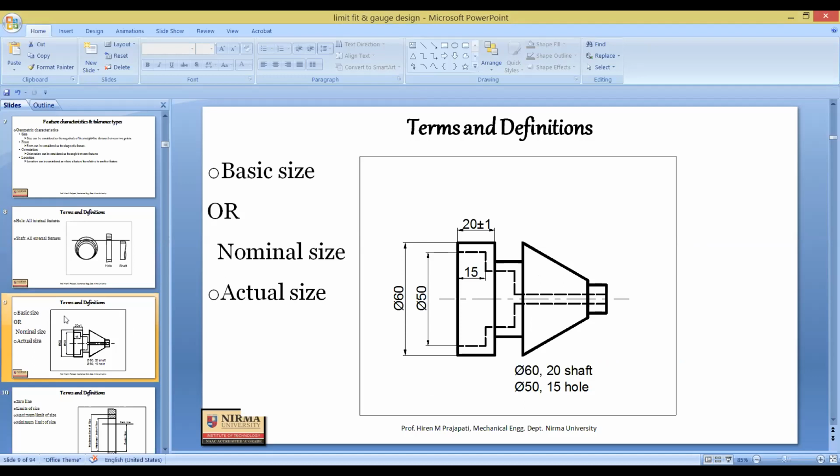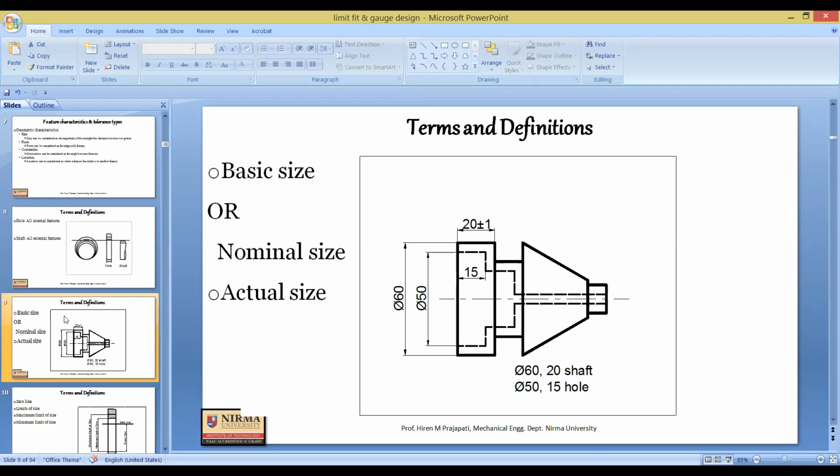For example, if we are talking about a shaft running in a bearing, then the diameter of the shaft and the diameter of the internal race of the bearing as per the design is called the basic size. Basic size for two mating parts is the same, for shaft external diameter and for bearing internal diameter, they have the same basic size. Actual size is the dimension of the component after manufacturing, and